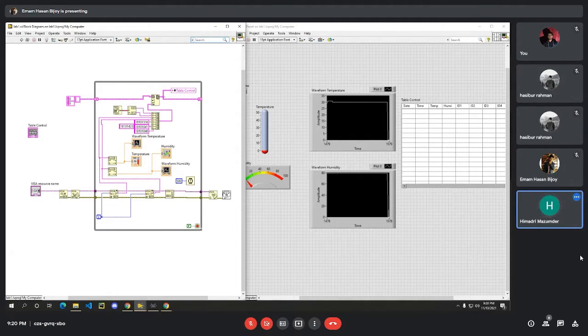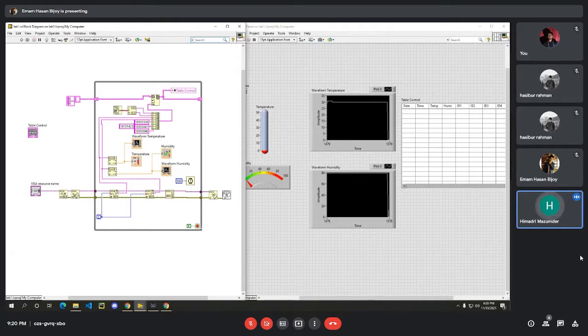Now I'm going to show the LabVIEW part of our data logger system. In the block diagram window, we will create the COM port or serial port, and for this, from instrument IO, we have used the clear function to clear the buffer before starting anything, and then we have used the open function. We have used two read commands, and we have used flush buffer, and at the end, we have selected close. To handle errors, we have selected simple error handling. Next, we have created a while loop and connected the things.